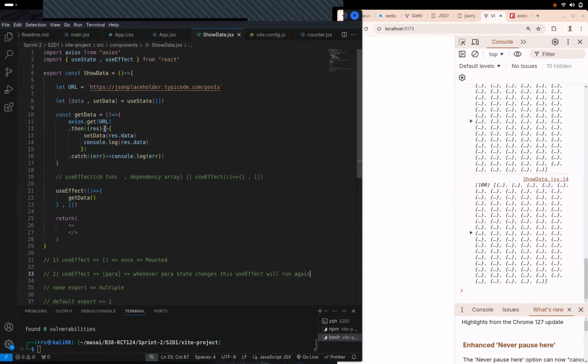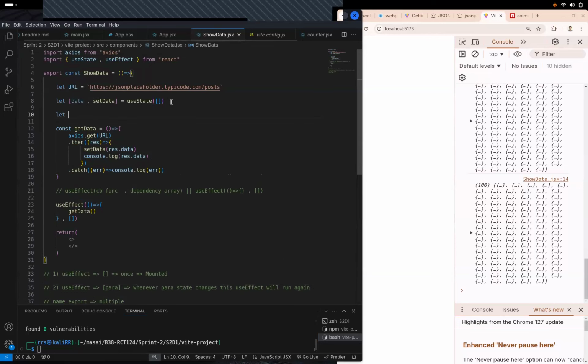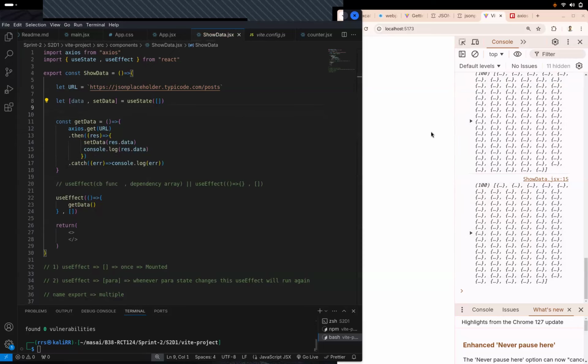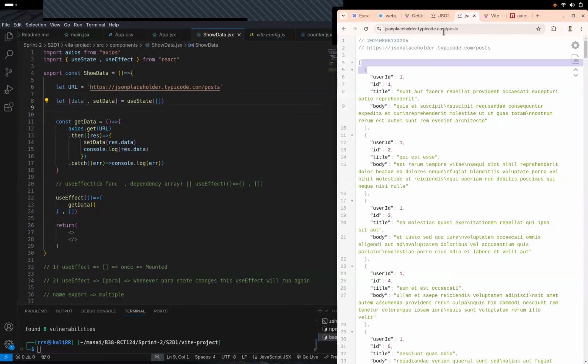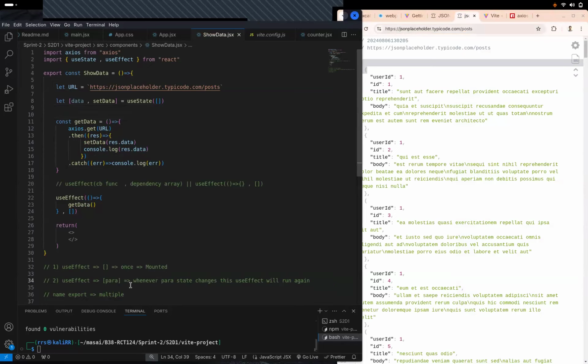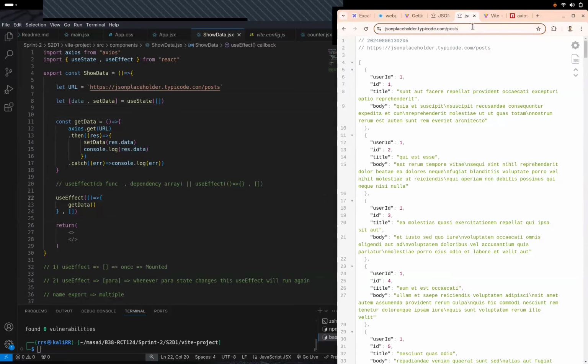What we can do, let's create a quick counter, right? So let's say count. अच्छा एक काम करते हैं, why go with something that's vague? We have an application. ये second point ध्यान में रखो. Let's just show something on UI. UI पे कुछ दिखाते हैं, right? So again, guys, can you tell me what's the pagination of JSON placeholder? I mean, pagination, we have a count that we maintain, right? And let's say we are on first page, we want to show 10 data, second page, we want to show next data. So that is an example of use effect 2, wherein based on a certain state, we have to change the data, right? So let's figure out what's the pagination for it.